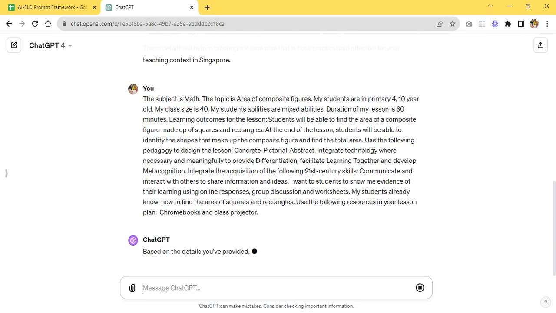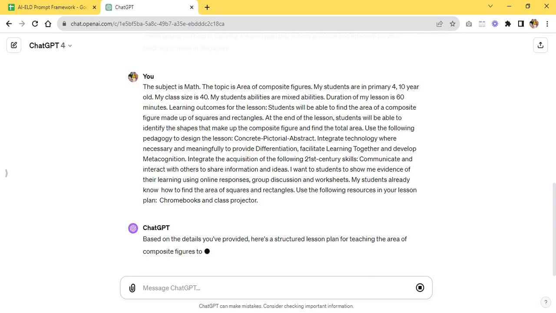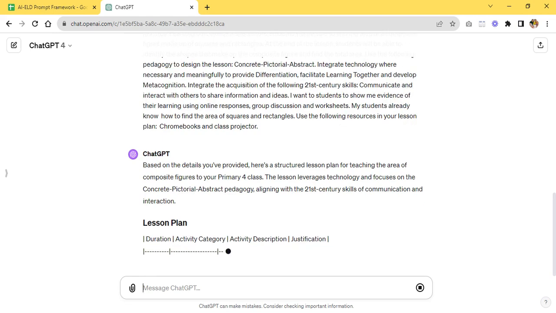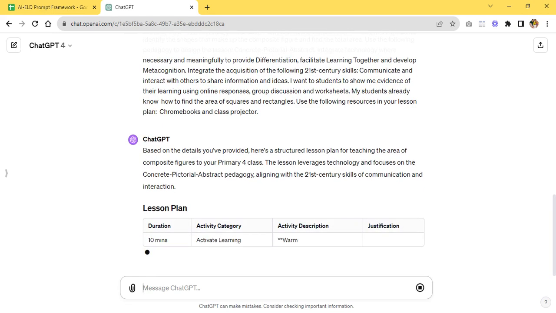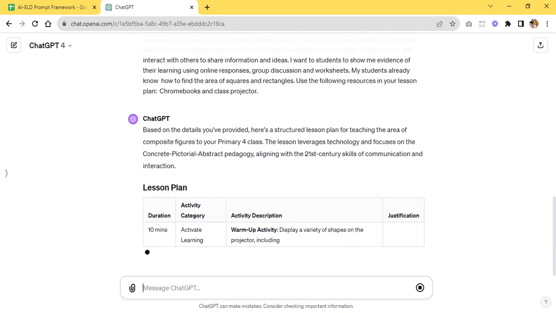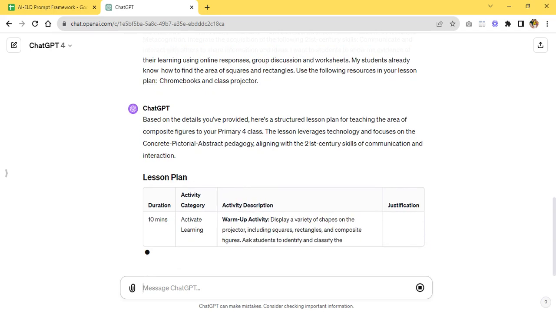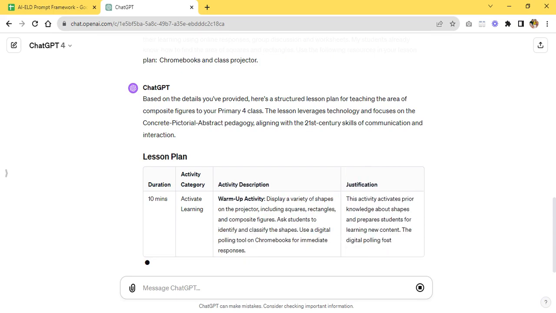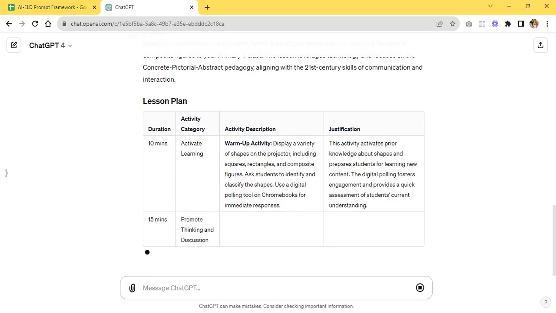And now, based on the details you provided, here is a structured lesson plan. And so that's how easy it is to make use of the prompt framework to get an AI tool like ChatGPT or Bard or Perplexity to create a lesson plan for you. So you can see here, it is doing what it's supposed to do, creating the lesson plan in a table form with column 1 duration, column 2 is the category, and you can see activate learning, promote thinking and discussion,